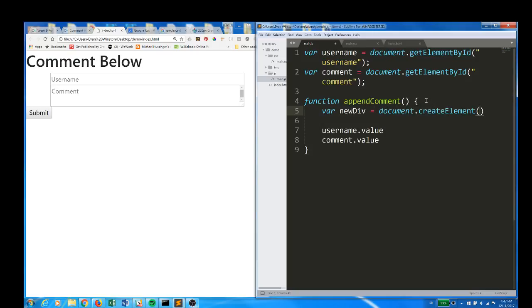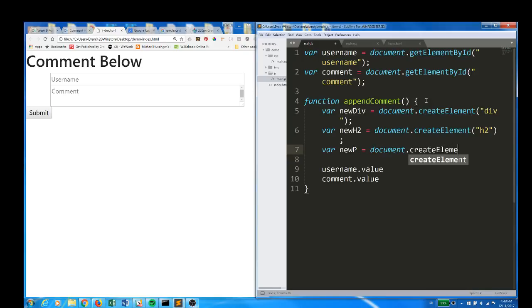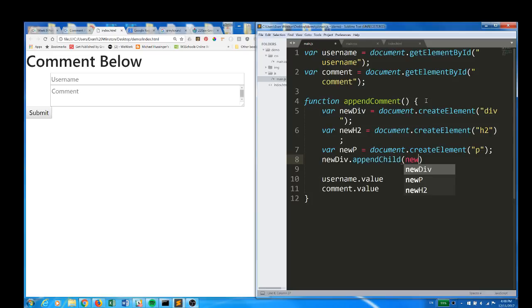Document.createElement div. And inside that div, let's also put a new h2: document.createElement h2, and a paragraph to contain the actual comment: document.createElement p. And newDiv.appendChild(newH2), newDiv.appendChild(newP),